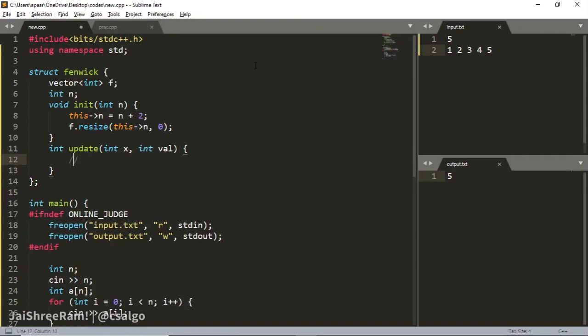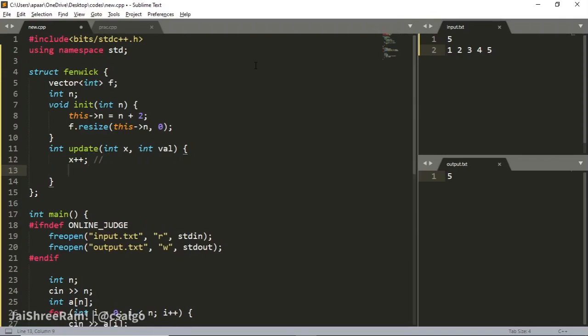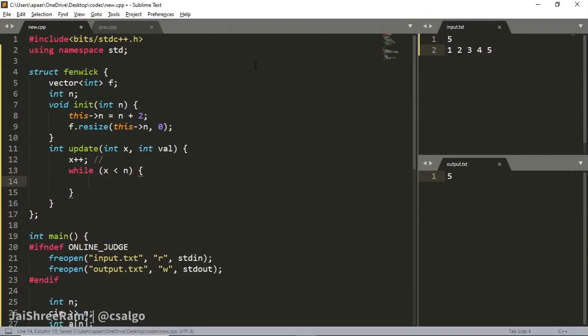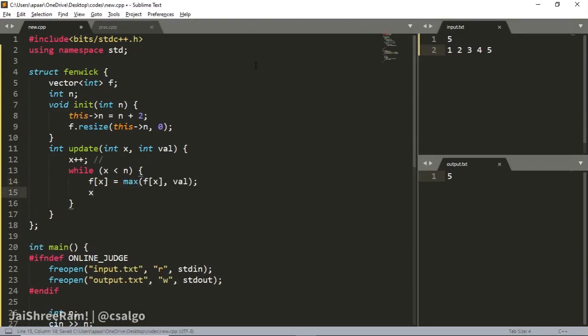To make it one-based index, it's pretty clear, right? Making it one-based indexed, and then while x is less than n, what I'll do is f of x equals to maximum of f of x and this value, right? And what will my x become? x plus equals to x and minus x. You must be aware of the Fenwick tree, right? So this will be a void type of function,